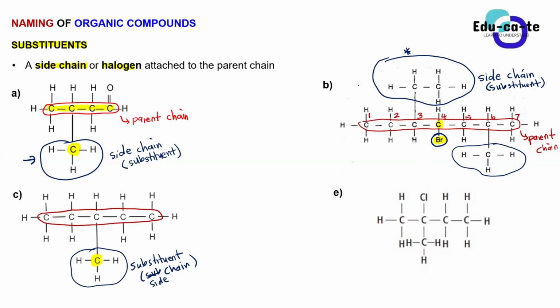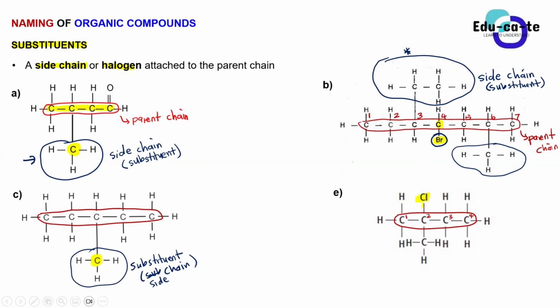Yes, we have two substituents here because we can see that this can be our main chain. Let me just highlight my main chain or my parent chain. We can say that this is our carbon 1, carbon 2, carbon 3, and carbon 4. On carbon number 2, we have two things that are not hydrogen attached to it. We have a Cl there, the chlorine atom. It's a chloro when we name it later on. It's a halogen, so it is a substituent.